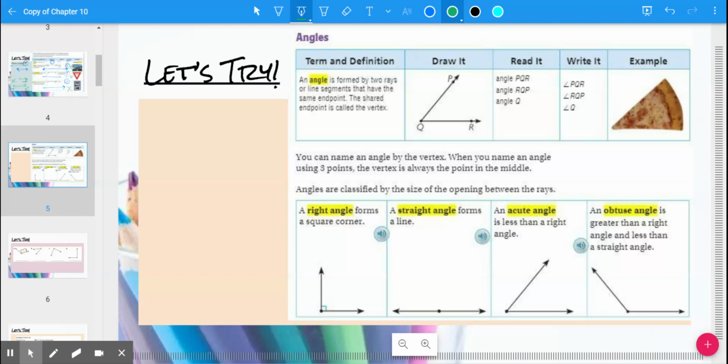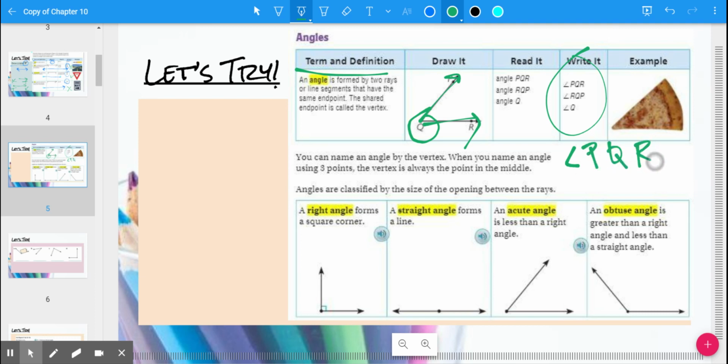All right, the next terms and definitions I should talk about are angles. And angles are basically two rays or line segments that have the same point. So they all have an endpoint called a vertex, which is the point that kind of connects them. And then they either have two line segments or two rays going off of them. This is how you would write the angle. It doesn't really matter as long as you start with the angle and you have the three letters with that